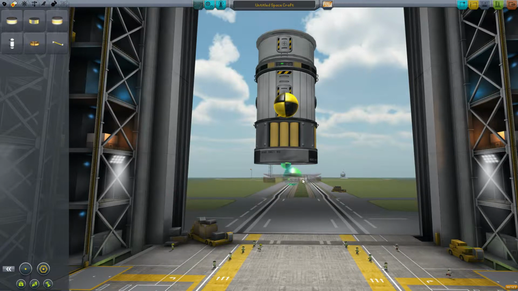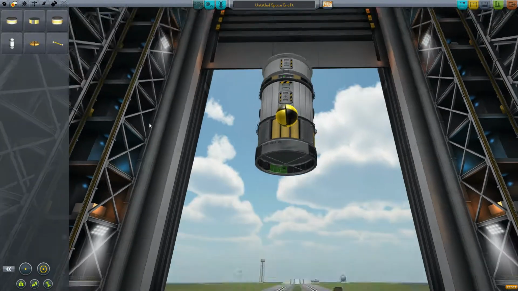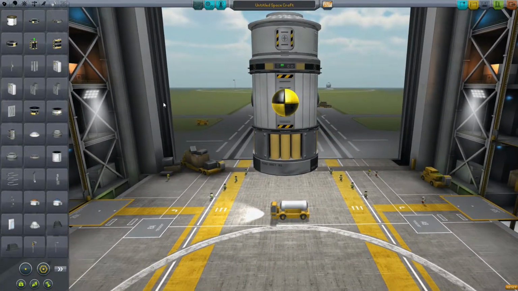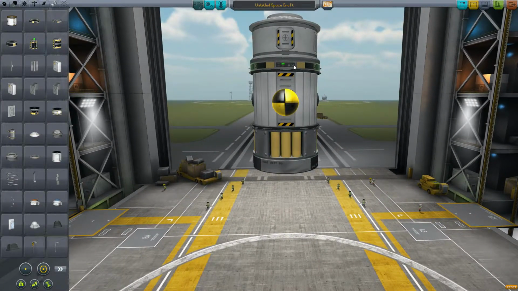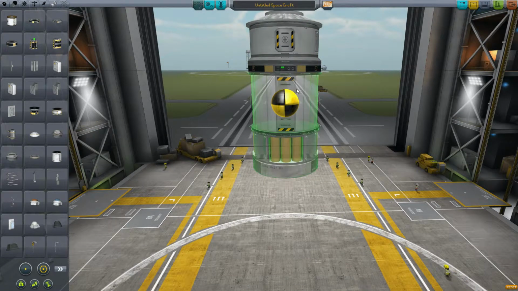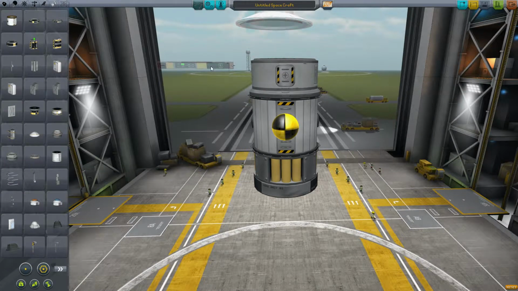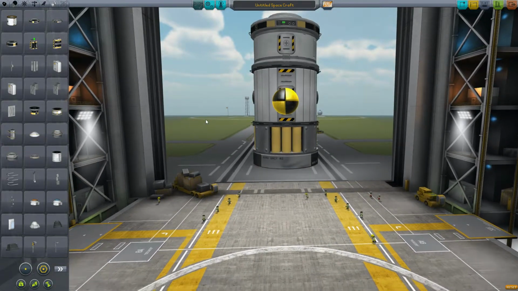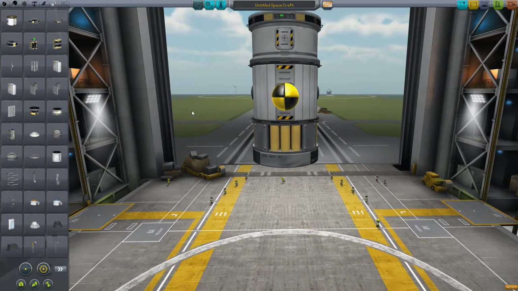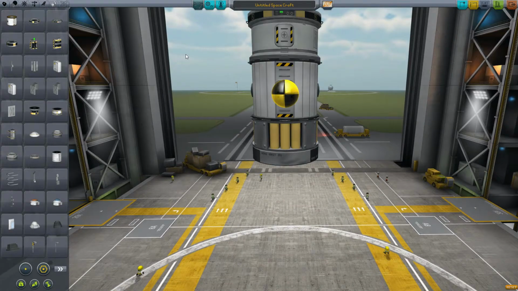I'm not quite sure what's happened here. Okay, get rid of that. So that was a battery pack. However, I don't actually want a battery pack there. Attach you to there, and then you on top, and then you on top. I want more weight at the top, so I'm going to attach one of you,